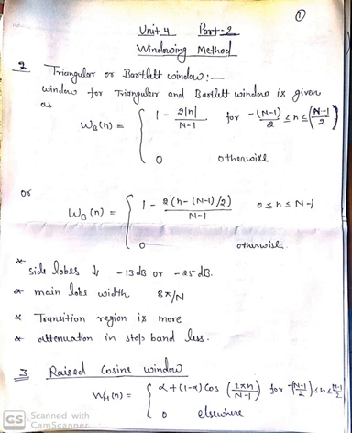The smoother ends and broader middle section produce less distortion of the desirable frequency response around n equals 0. It is also called the generalized Hamming window. The window sequence is of the form w_H(n) equals alpha plus (1 minus alpha) cos(2 pi n divided by (N minus 1)) for minus (N minus 1) divided by 2 to (N minus 1) divided by 2, and 0 elsewhere.